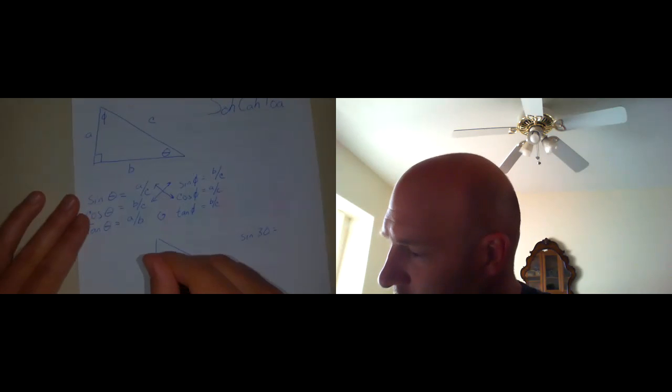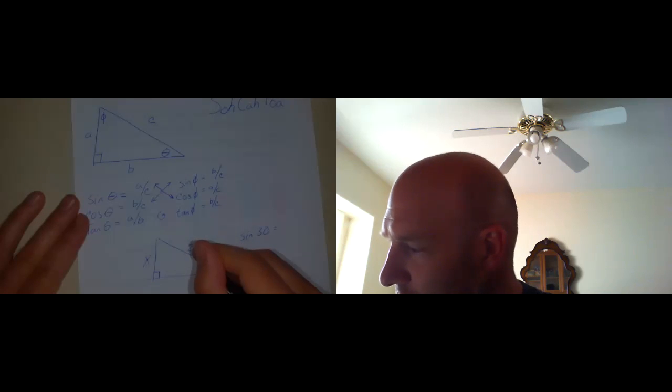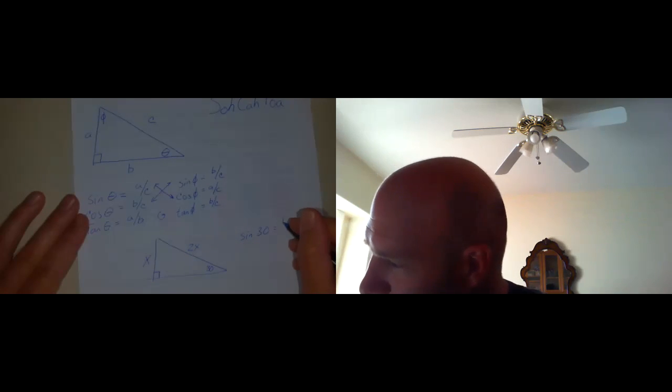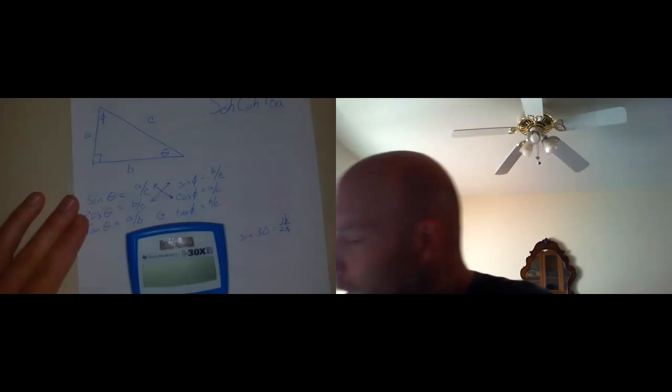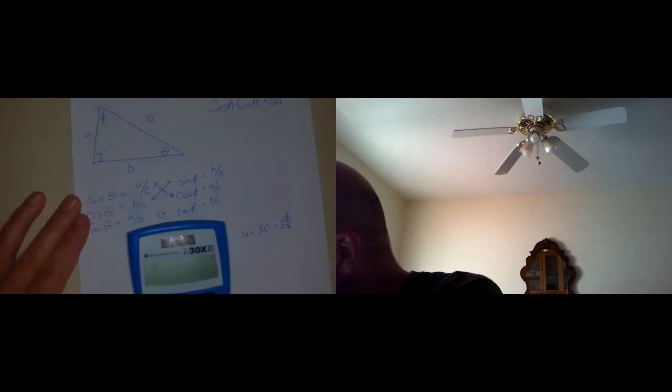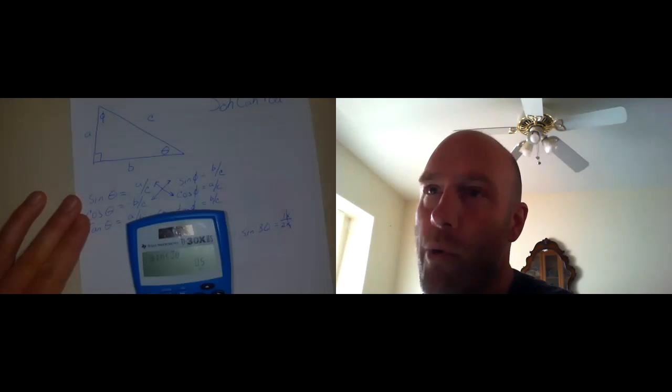In a generic 30, 60, 90 triangle, we call this x, and we call that 2x. So we could say it's 1x over 2x, but regardless of what the x's are, it cancels out. And if we wanted confirmation of that, we could just type in sine of 30 degrees into our calculator and get that 0.5,